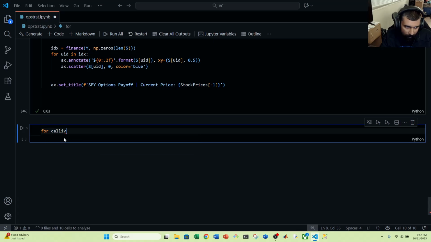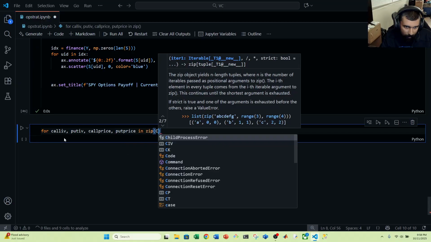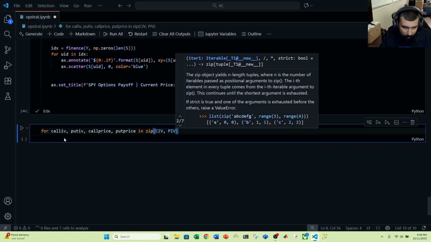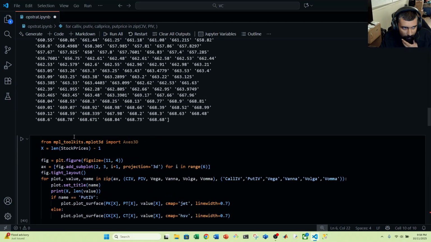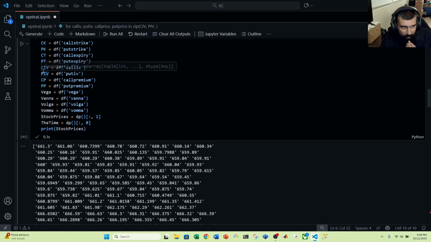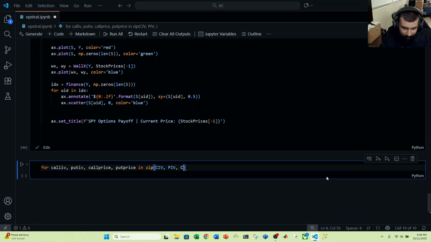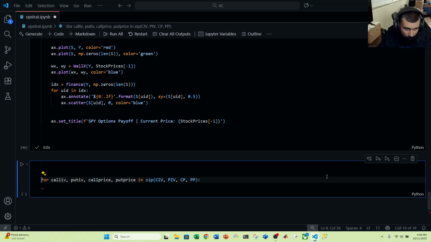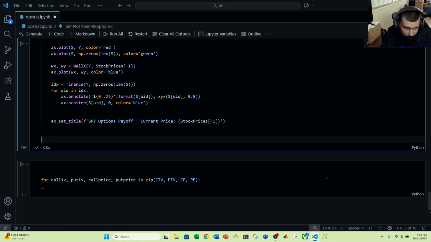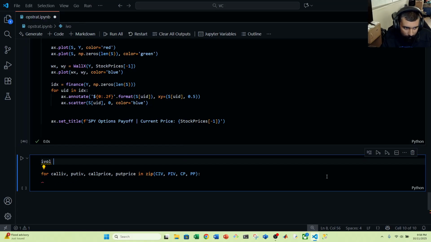So I'll do for call IV, put IV, call price, put price in zip: CIV, PIV, CP and PP. Let me just come back up here. CIV, PIV, CP and PP, CP, PP. So what I'm doing in that, let me go ahead and do ivol equals empty